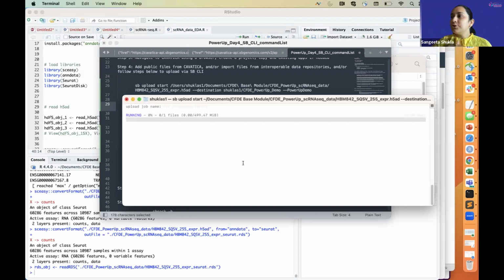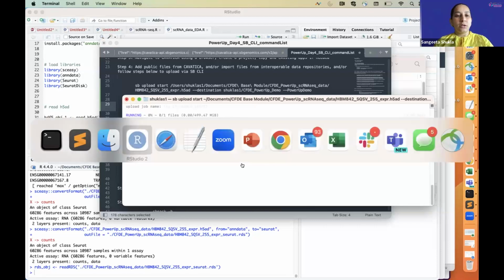Although there are some files that we can directly bring over to Kavatica, there are some other files that we may also want to work with if we have them locally, or if we're working with other collaborators and they haven't hosted it on a public platform yet, but we have some local files and we want to work with them. There are many ways we can bring all the necessary data over to our project on Kavatica. And this is taking slightly longer. This is a bigger file, but let's go to